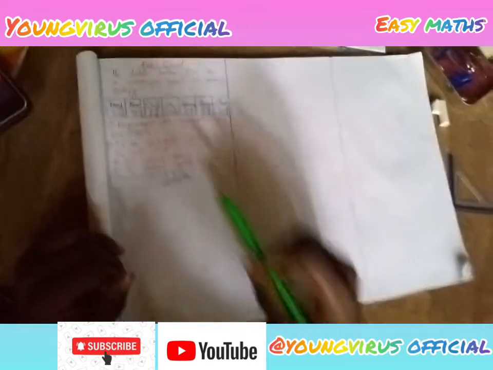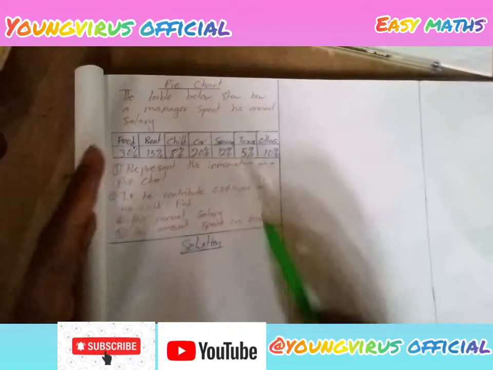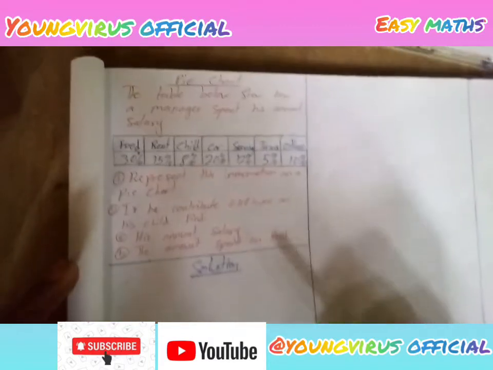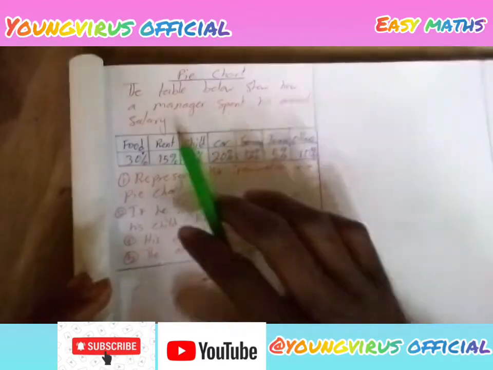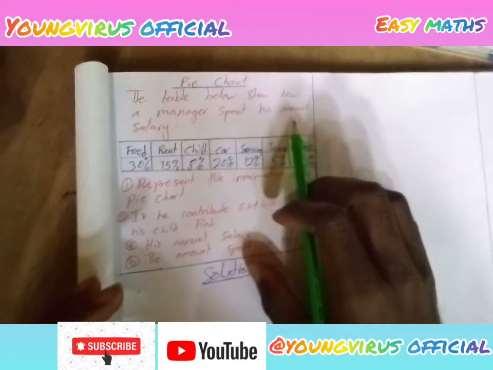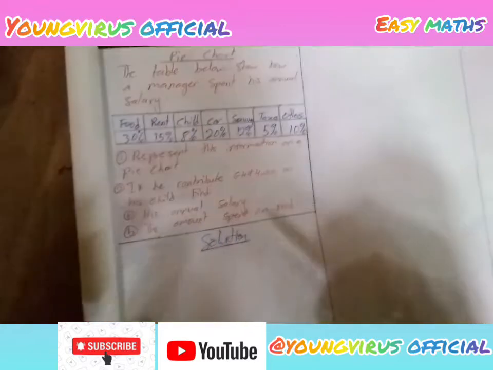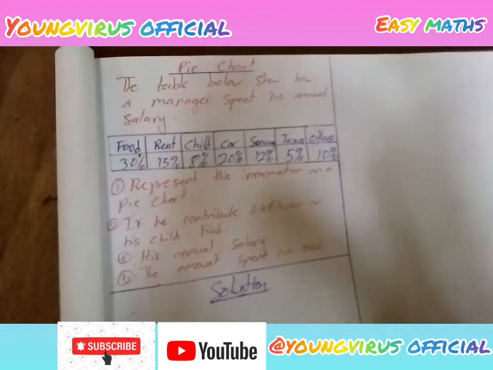Today we'll be learning how to solve pie chart questions. With pie chart questions, when you're given a question like this, all you have to do first is to read the question very carefully. I read, it says the table below shows how a manager spends his annual salary. That means someone has been paid at the end of the year and how the person spent his money throughout